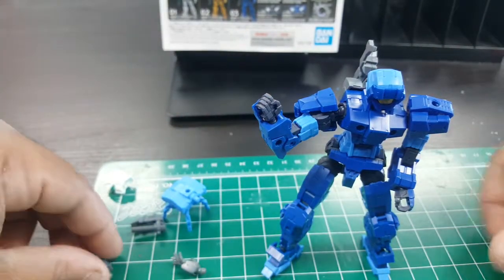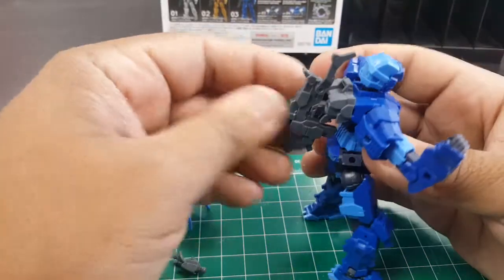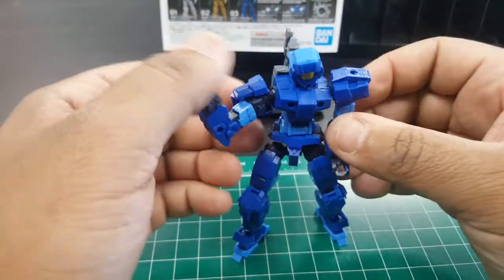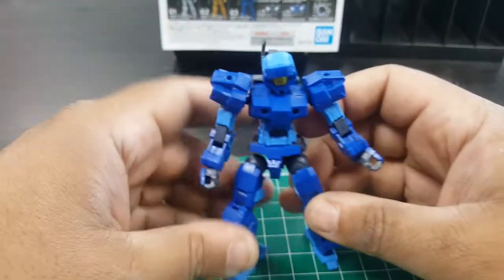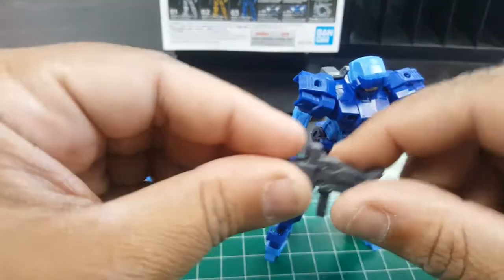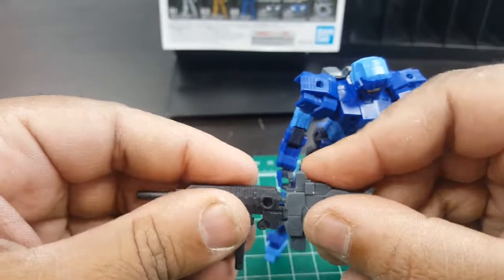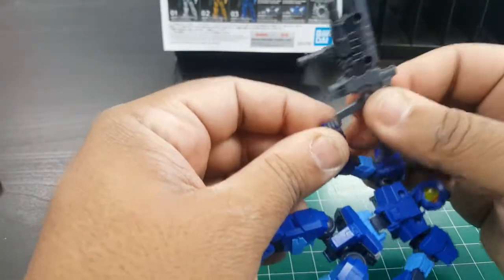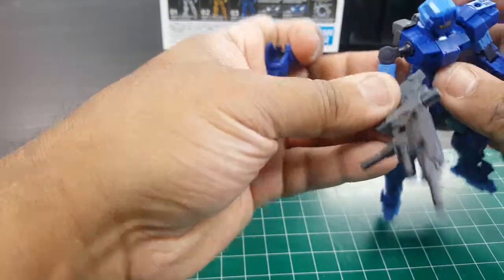And one of the other things that I noticed, which is nice, so you have this one gun, the one submachine gun. So if you bought two of these kits and you got the Alto option weapons set, you could make both options. You could do the submachine gun, the assault rifle option. That's my modified assault rifle. Whoa, shoulder pop right off. So let me see if I...